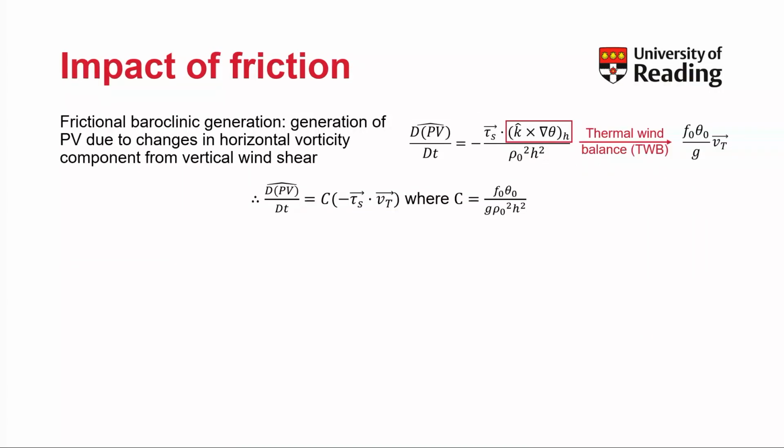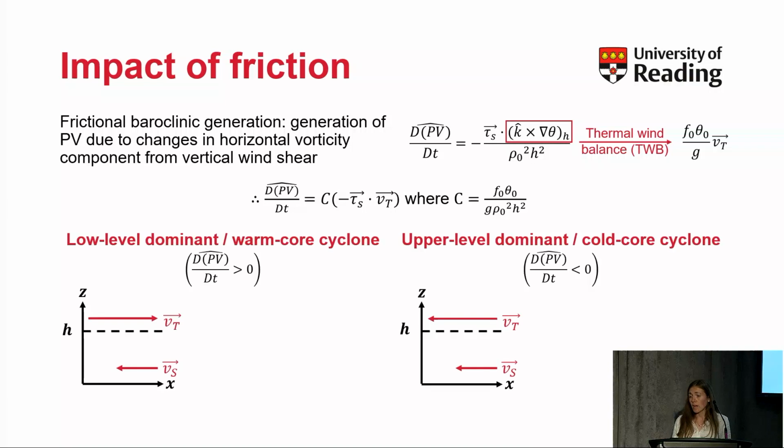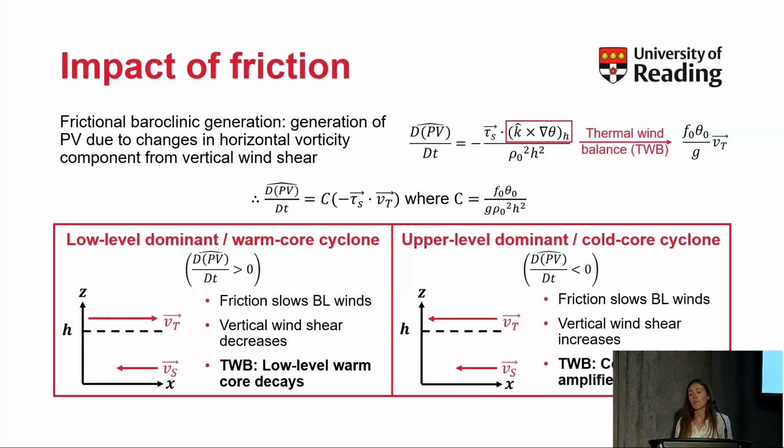So one simple way to think about the impact of friction on cyclones is to use the dynamical concept of thermal wind balance. So thermal wind balance links the vertical wind shear with horizontal gradients in potential temperature. And this is relevant to this baroclinic generation term because this concerns vertical wind shear over the boundary layer. And so by considering, I don't want to go into all the details here, the slide has got a lot on it,